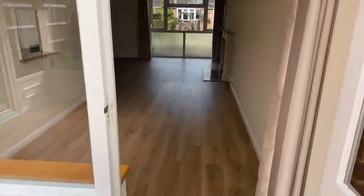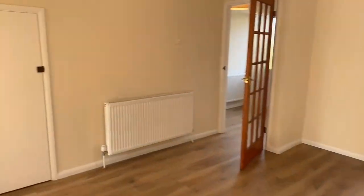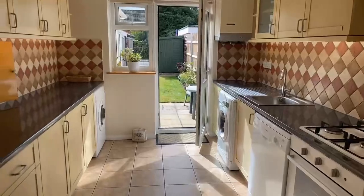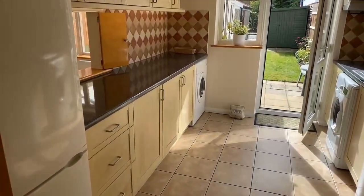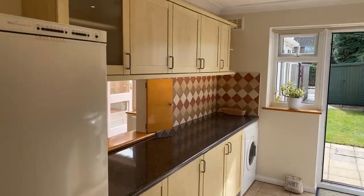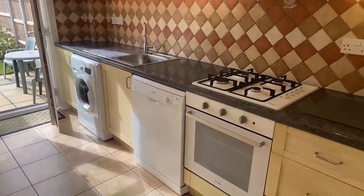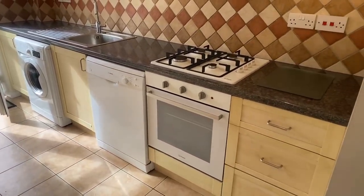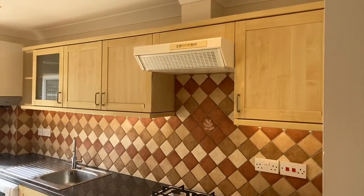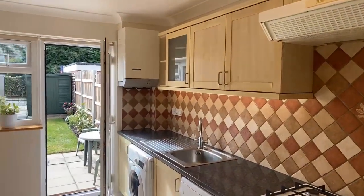Okay, so back into the lounge diner and through, let's show you the kitchen. Lots of units in the kitchen. Quite a good sized kitchen actually as well. We've got full length work surface on one side with appliance space, as you can see, eye level units above, and then on the other side similar, but on this side we've got the built-in oven and hob, gas hob, extractor hood above, so that is ducted outside, more eye level units, gas-fired boiler to the right of the rear door,